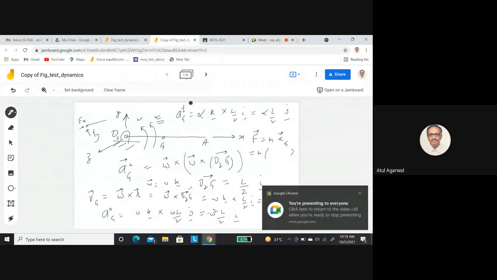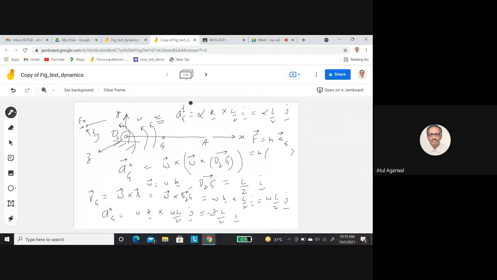So that motor is causing a moment. That moment you can call MO, and this will basically be the moment of inertia of the rod about point O multiplied by alpha, your angular acceleration. So that way you can find the external moment at the hinge. Any problems? No, sir.